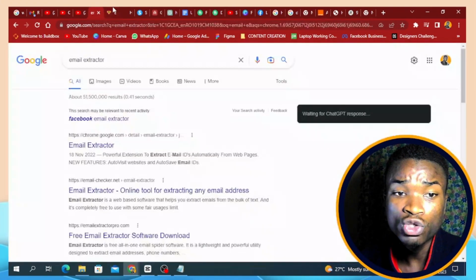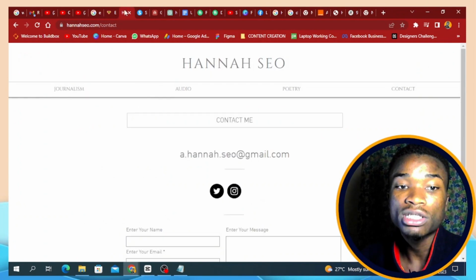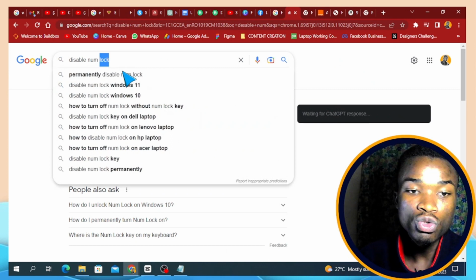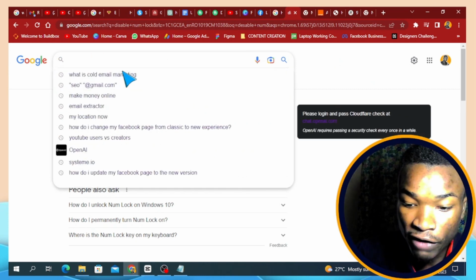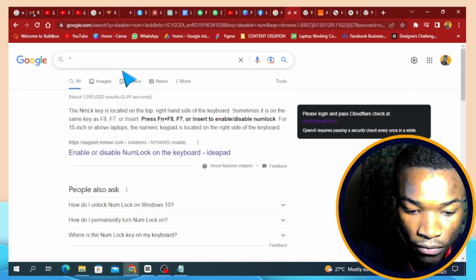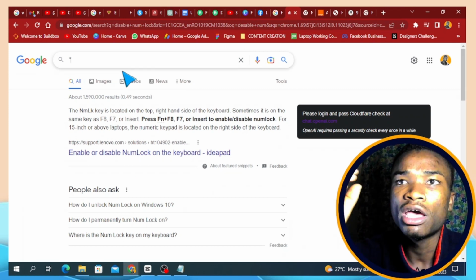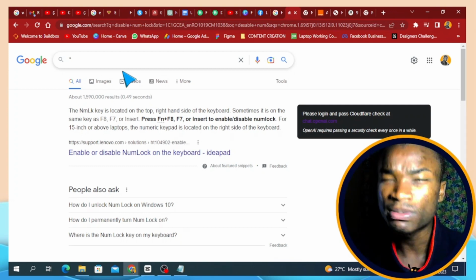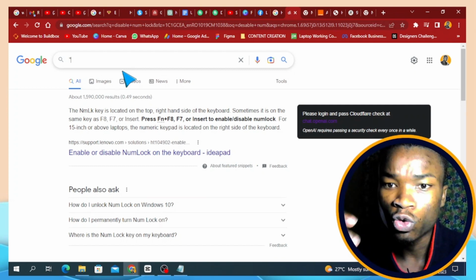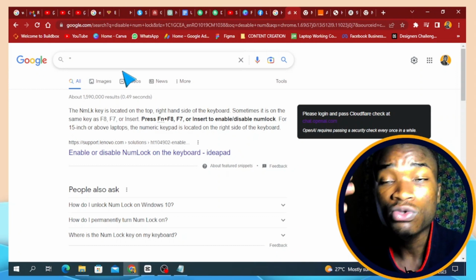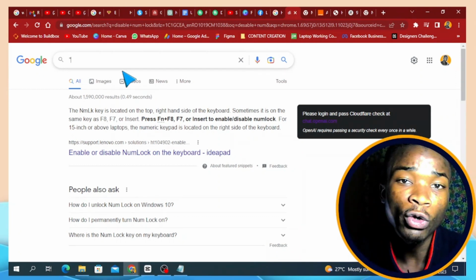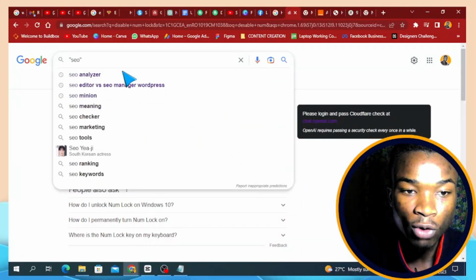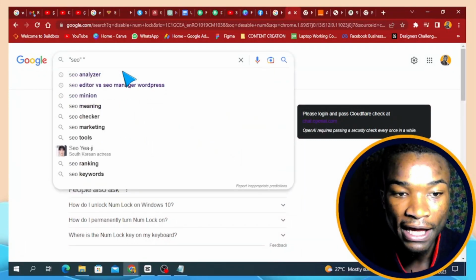Another strategy which you can use to get target emails is by using Google. On Google itself, it is very easy for you to start getting target emails. So what you need to do is just come over to Google. I'm going to clear this off, and I'm going to put inverted commas. Let me say I want to offer a service related to SEO. That's just an example, and it's going to vary with you. Maybe you know how to take care of pets, or you know how to teach people English or French, or generally any service that you're offering on your freelance platform. You just need to come here. I'm going to put SEO in inverted commas, and I'm going to put another inverted comma again, and I'm going to write